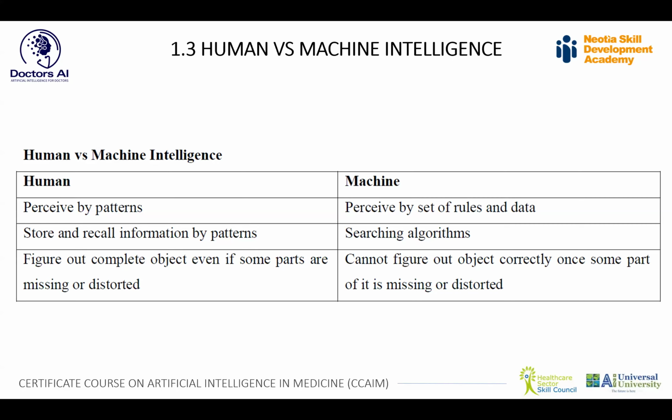A human intelligence can figure out a complete object, even if some parts are missing or distorted. Well, can a machine still figure it out? This may not be fully true, because now even a machine, even if you give a half-baked instruction, can pick up with that level of perception and give you a full response. So this is where machine intelligence is getting better and better with each day, and we are shifting from narrow to general intelligence. We'll come into that segment.